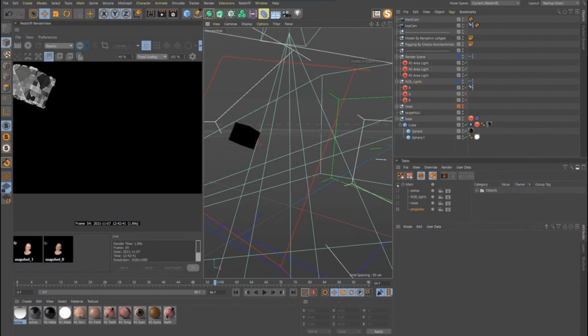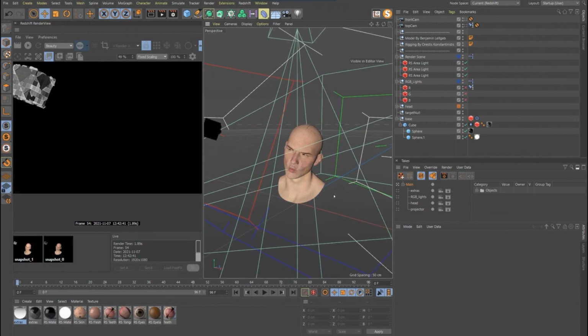So where we're at now, I think looks pretty good, but I still think it might be a little too simple. Not just for our render, but just for the sake of this presentation, it might be a little too simple. So let's try and do one more thing just to make it a little more complicated for no reason.